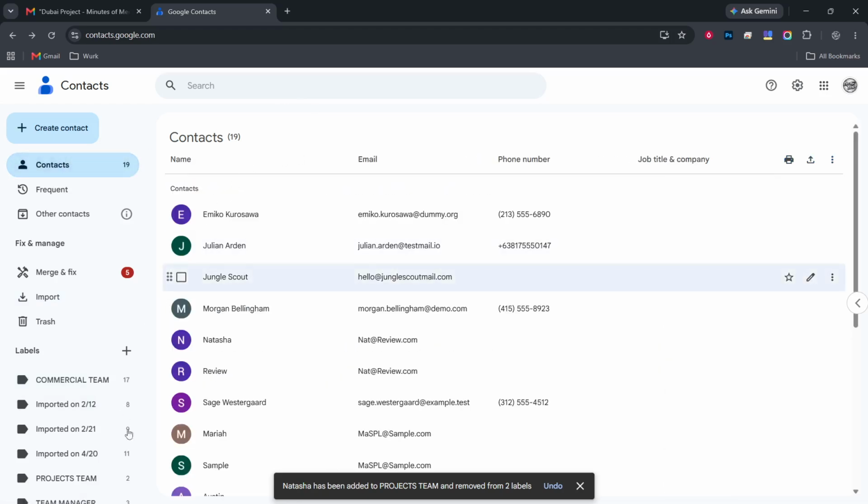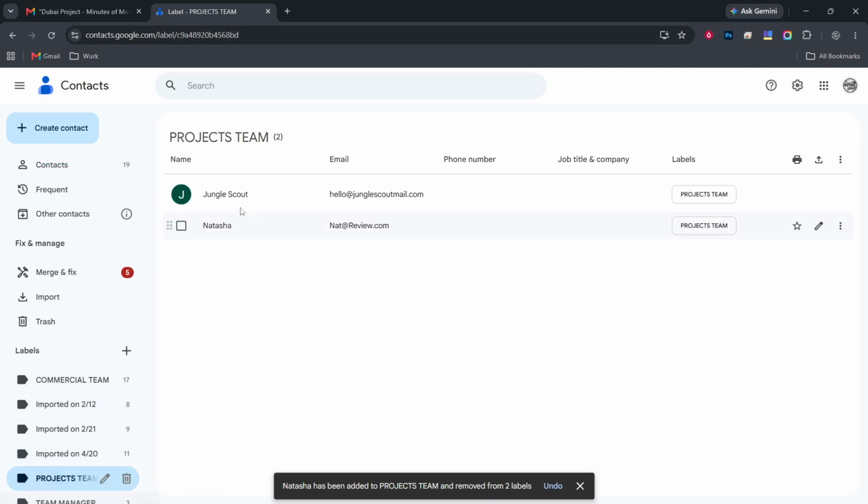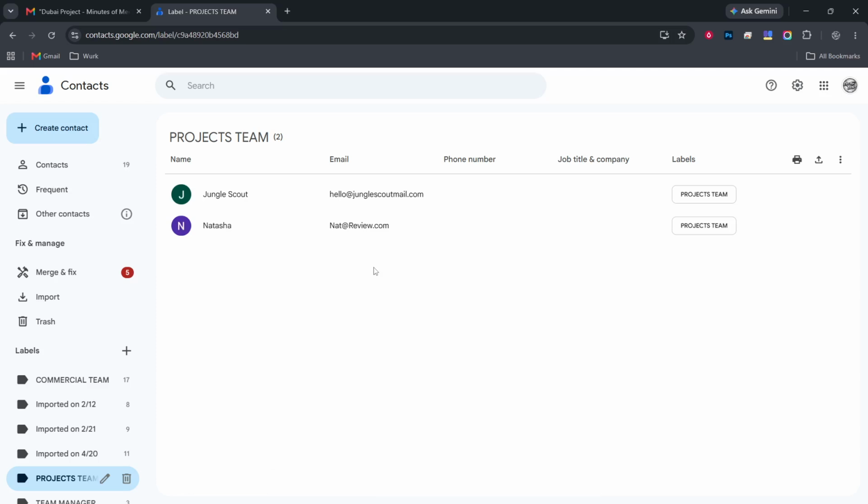Finally, click on Apply. This action finalizes the process of adding the label to your selected contacts. It's a simple but important step that ensures your changes are saved. You will see your contacts now listed under the new label, confirming that your distribution list is ready to use. This makes future communication quick and efficient.